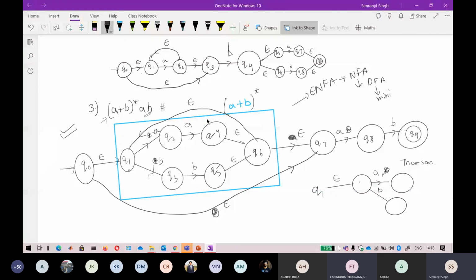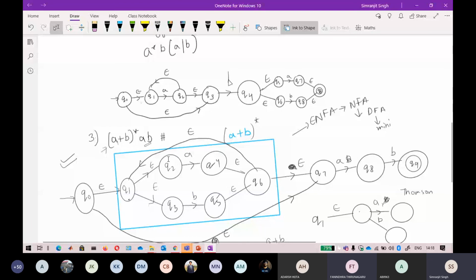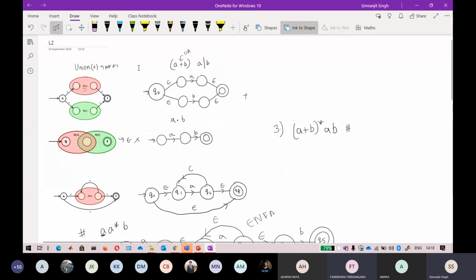Yeah, it can also happen, but I don't suggest doing that because it is already the definition. If you are doing the Thompson construction method, the definition for A plus B is the rule here, so you have to go with that one. Yes, you can do this again.